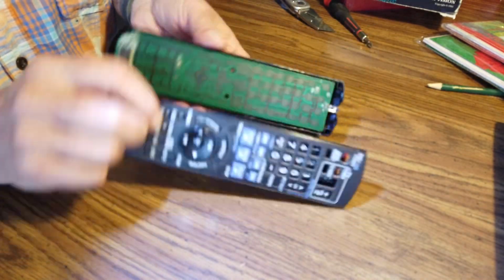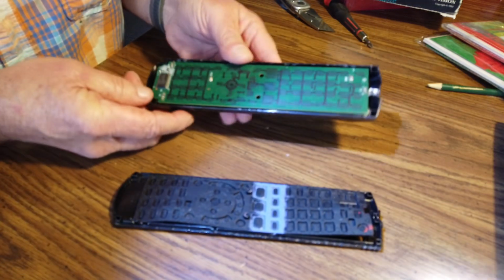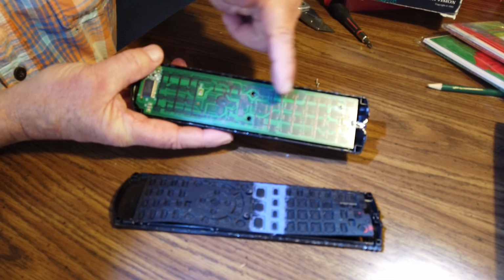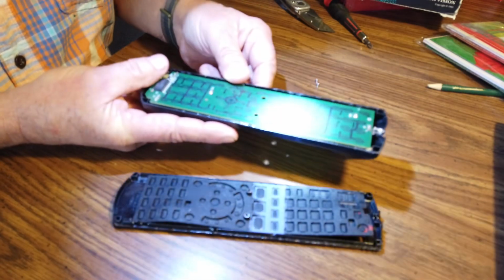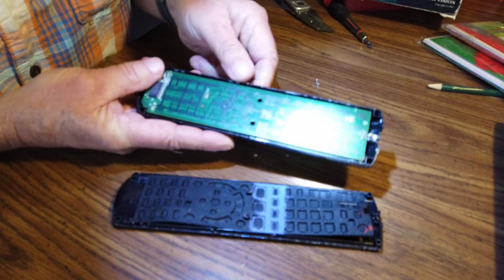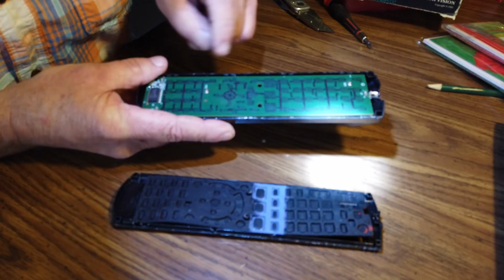Take your remote apart. They all come apart different. This is for a Panasonic VHS DVD recorder. All these connections here on the circuit board, see how they're gray? They need to be shined up. I usually take a pencil eraser, just go through all of them, clean it all off, blow out the eraser residue,